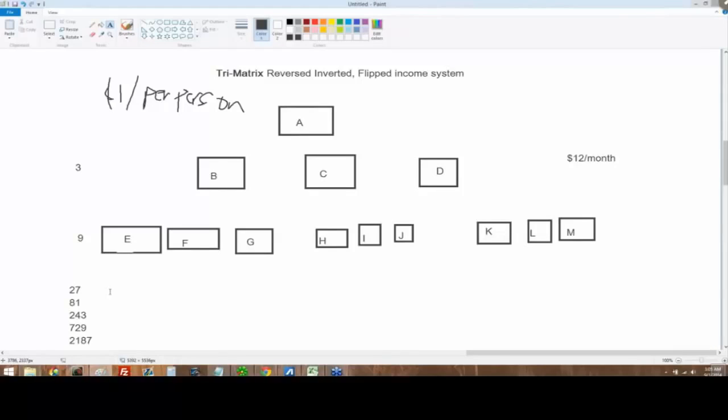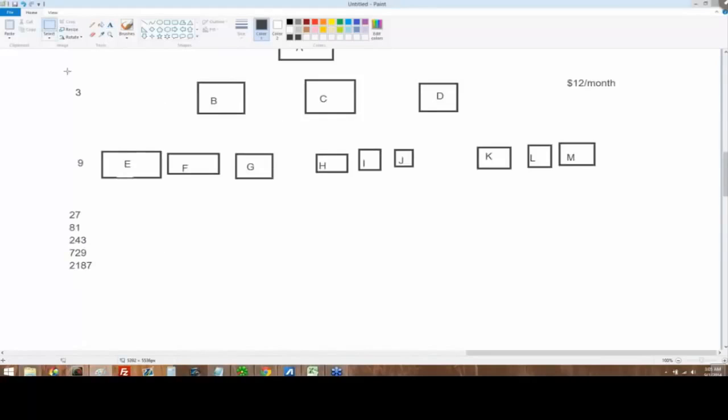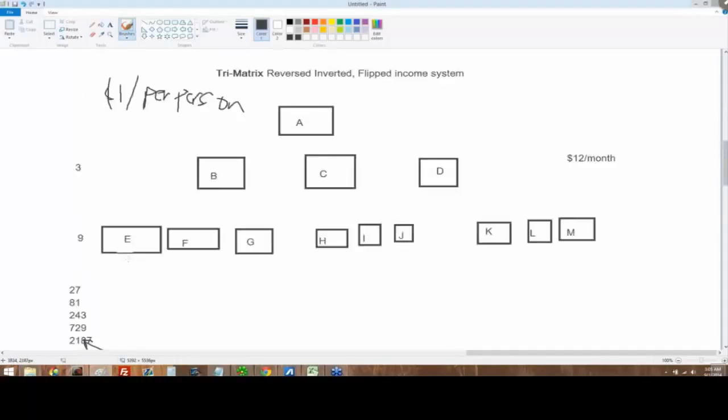Now imagine the whole company. The whole company is going to be set up like this as well. There's going to be the one top account that's going to be the admin account, for the owners of the company. And then there's going to be 3 accounts for affiliates, and then more accounts and more accounts. The whole company is going to be set up like that. The problem over here is that these people, the 2,100 people, are never going to make any money in a typical company. So here's what happens.